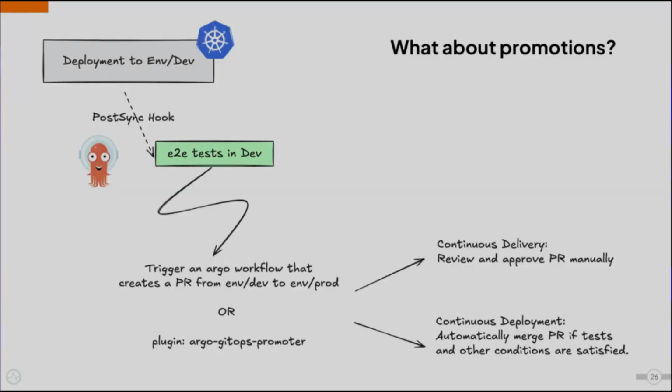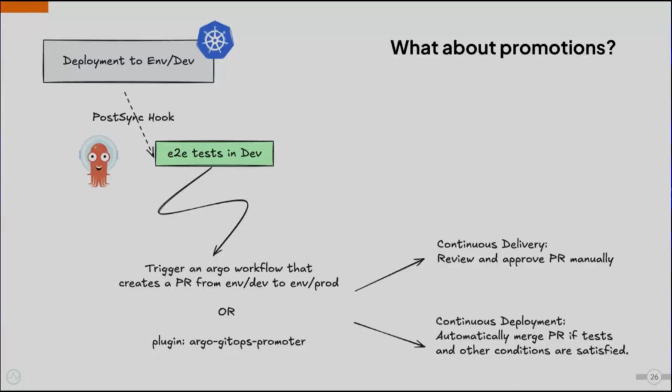Now, this is where it gets complicated, right? We looked at a very small but basic example. We take a bunch of YAMLs and we deploy it to Kubernetes, and we just do it through Argo. Sounds simple, but in reality, you need a lot of other things. For example, you need to have environments, right? You need to have promotions between those environments. So one way to do it,